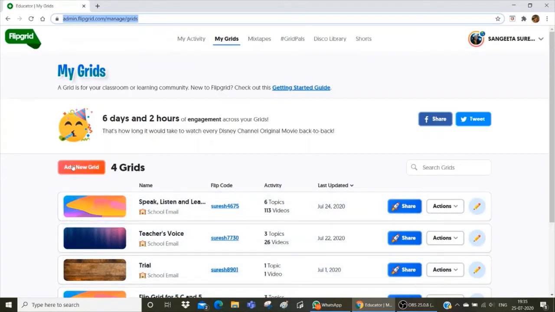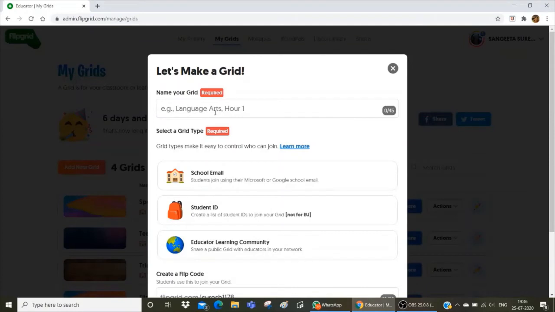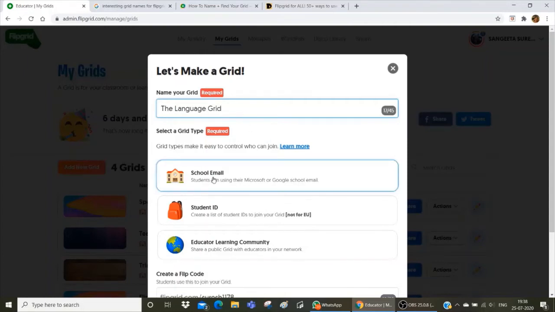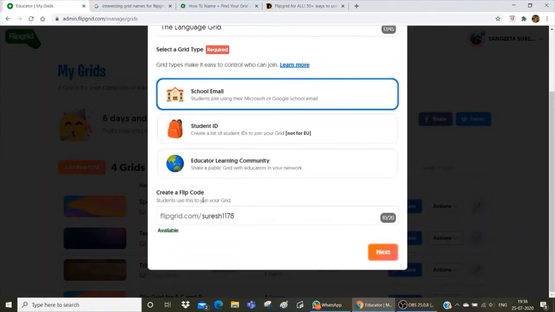So to create a new grid, you click on Add New Grid, and here you have to name your grid. So we type a suitable name for a grid, for example, the language grid, where our topics may be focused only on language. Now the grid type is required. We select the school email so that only students with the school email account can join in here and outsiders